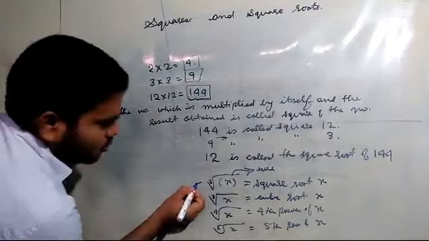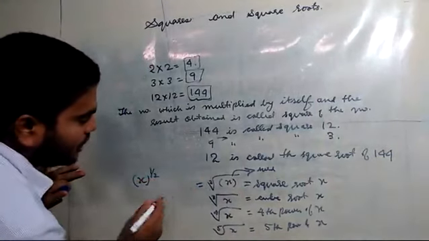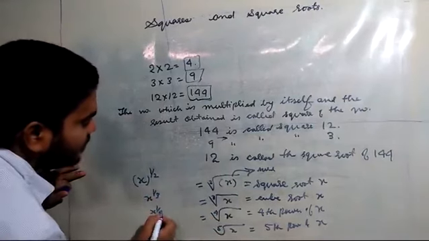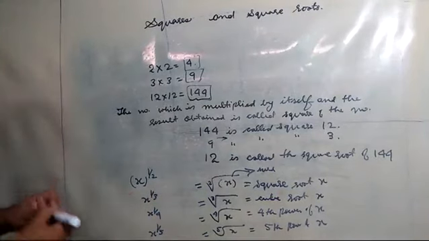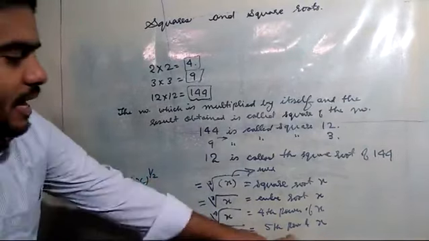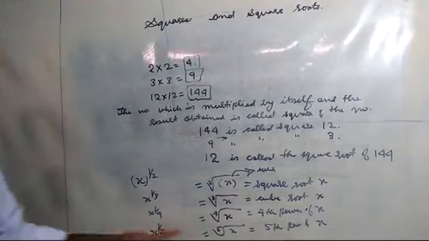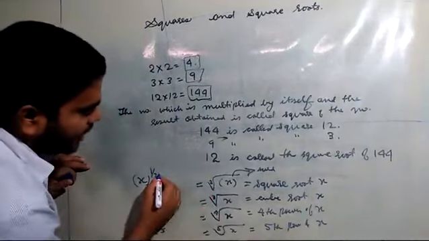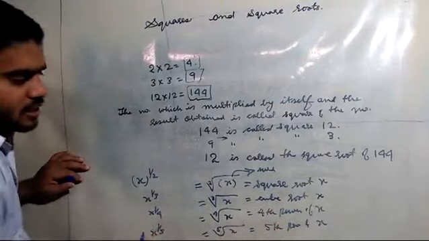Now, if we want to write this 2 differently, we write x raised to the power 1 by 2. This can be written as x raised to the power 1 by 3, this as x raised to the power 1 by 4, and this as x raised to the power 1 by 5. That is why we say second root, third root, fourth root, fifth root, sixth root of x, and so on. Generally for the second root we say square root of x, and for 3 we say cube root of x.